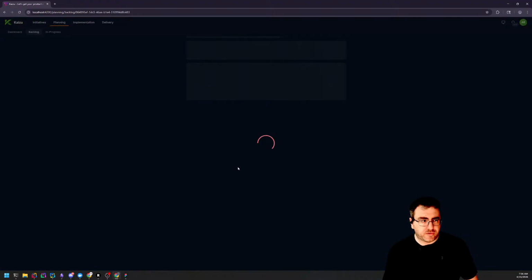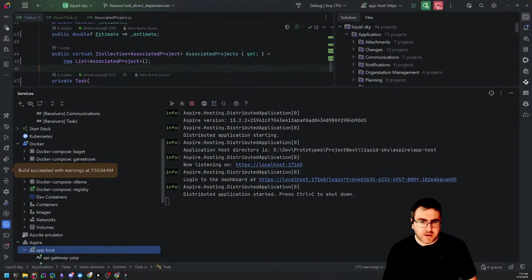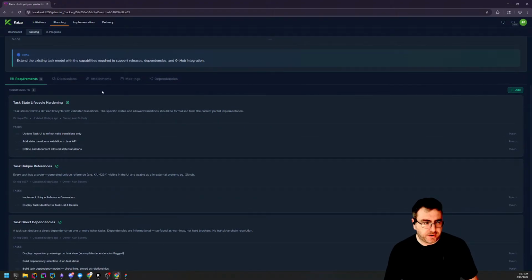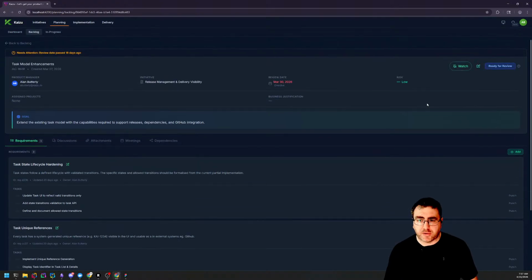From there, you drive down into deliverables, and deliverables are the actual pieces we break down. I'm avoiding things like stories, epics, etc., because it doesn't align. They align, but not in the same way. So now a deliverable has a goal, so individual whys for each deliverable, and then requirements are added to deliverables. So in this case, task state lifecycle hardening, and then as a product manager, I'd be building out the requirements, and in here these would be a bit more rich. These would have acceptance criteria. These would have whatever's necessary. We'd attach